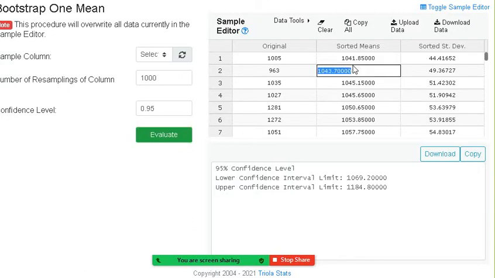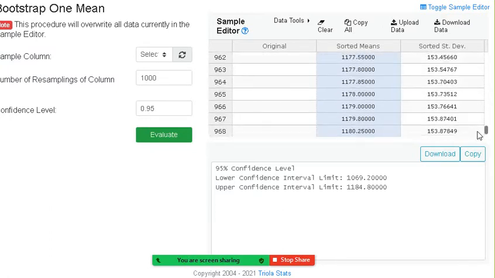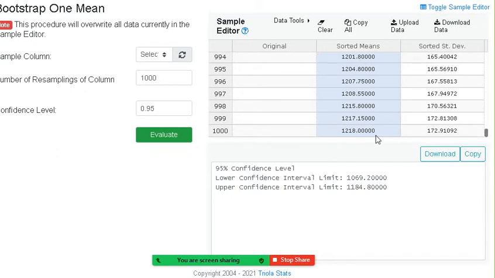If you look, it gives us a list of what's called sorted means. So you can scroll down. And what's happening to the numbers as I scroll down? Yeah, they're increasing. Thank you. And you can scroll down and down and down. In fact, you can go all the way to the bottom, and you'll see that we have exactly 1,000 of these things. So what the 95% confidence interval is going to do is it's going to say, all right, I